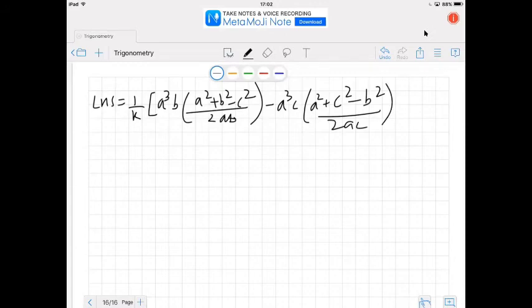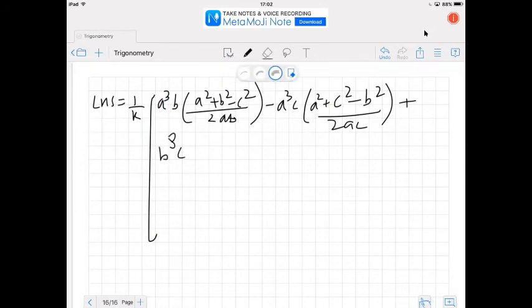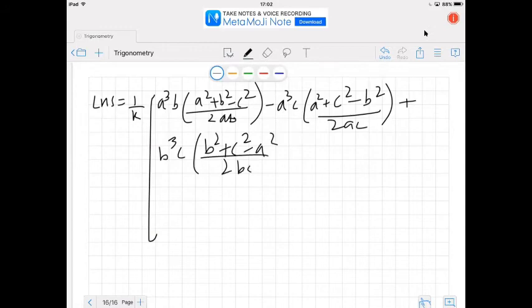Okay, and the other terms are plus b cube c into b square plus c square minus a square upon 2bc. यहाँ पे cos a था, so cos a की जगह पे मैंने b square plus c square minus a square upon 2bc सब्स्टिट्यूट किया है,